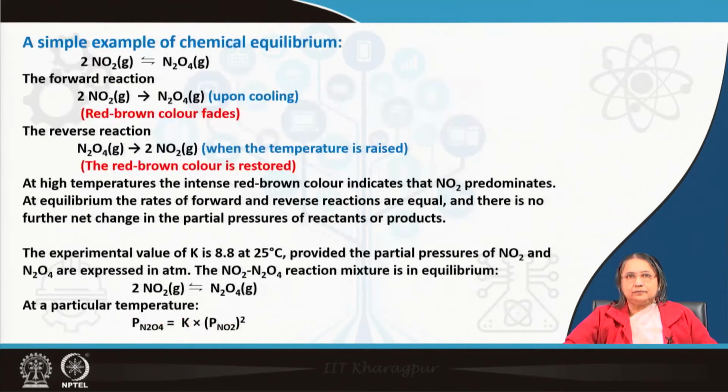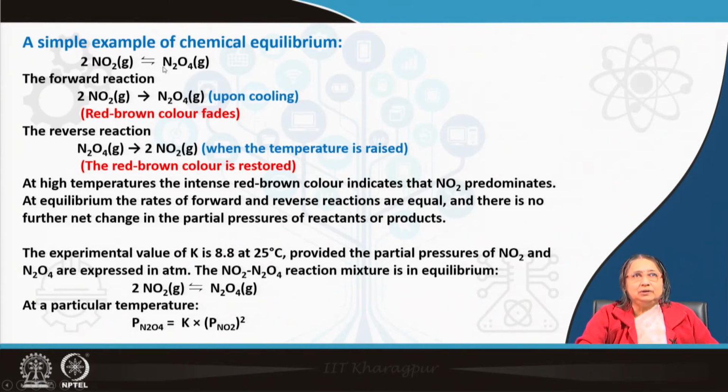Now, this is very important for process engineers, environmental engineers, chemistry students, and analytical chemists. This is a very basic concept of chemical equilibrium. Now, let us consider another example which you can visualize, because it has different colors. You can see it is the NO2 gas. NO2 gas is red brown in color, okay? And N2O4, which is the dimer of NO2, is also a gas. This has no color.